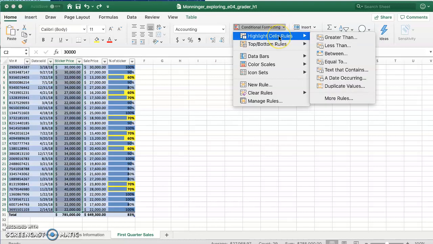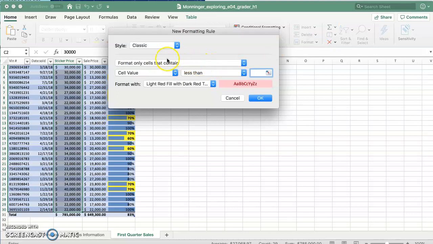Under Highlighting Cells, there are several different ways to highlight specific data in a range. For this tutorial, I will show you how to highlight data less than $30,000. To do so, click Less Than. And since I want to highlight data that is less than $30,000, I will type in 30,000